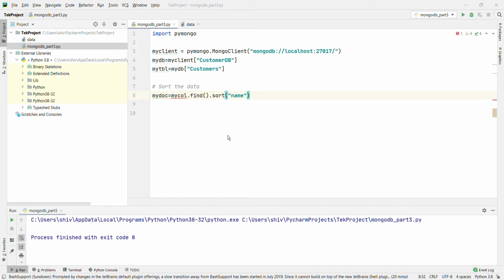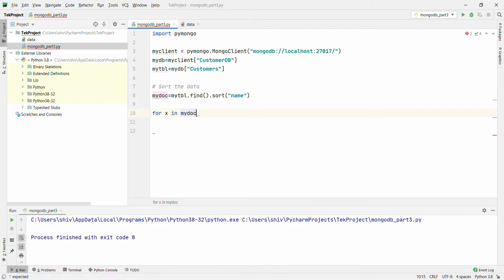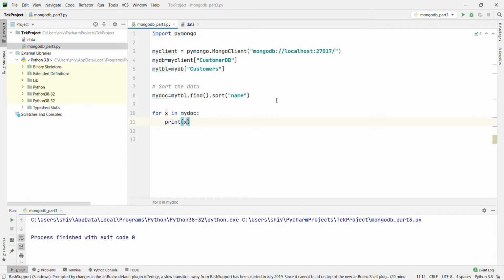Now after that, we are going to print the data: for x in mydoc, print x. Now I'm going to run this code. Let's run and see what the output will be.